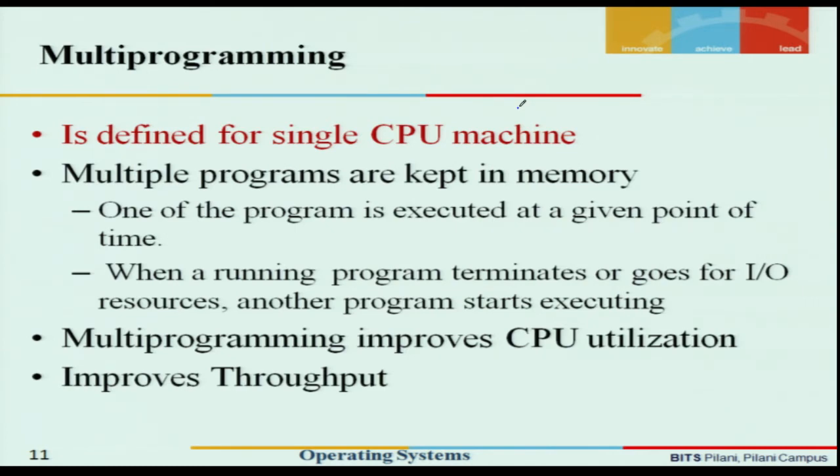So here in this case, what would happen is that when the first program is waiting for its IO to complete, the second program, which was already resident in the memory, has started executing. Possibly when the first program's IO gets completed, at some point of time, this program can once again execute on the CPU and complete. So from this we can clearly see that multi-programming would improve the CPU utilization, and it will also improve the overall throughput of the system.